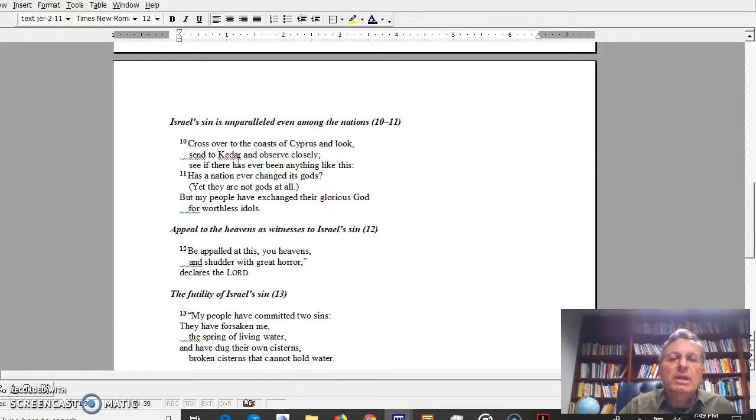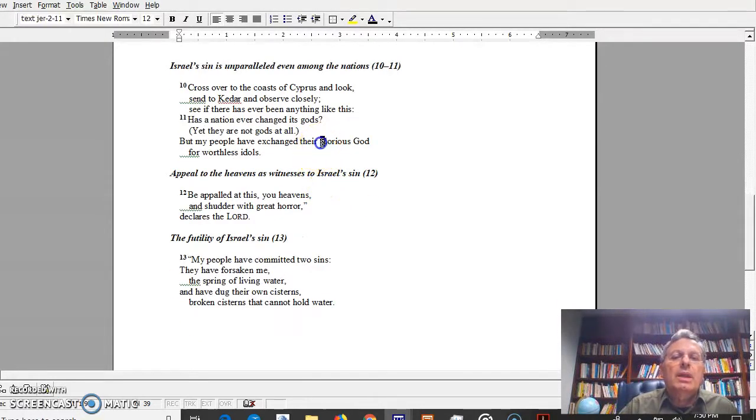Go east or west. And no nation ever gives up their deities, whether it's Baal or Molech or Shammar or Marduk, whatever. They don't give up their gods, though they're not even gods. But you've exchanged your glory, and the NIV being a little bit on the form dynamic equivalent side of their glorious God. That's an interpretation. Their glory, which is God, but it's also their glory of living as God's image in the world.